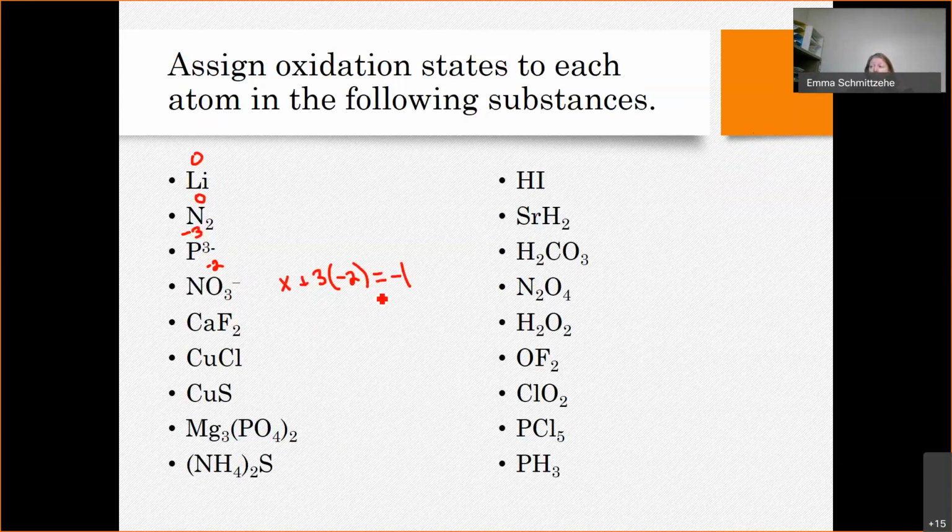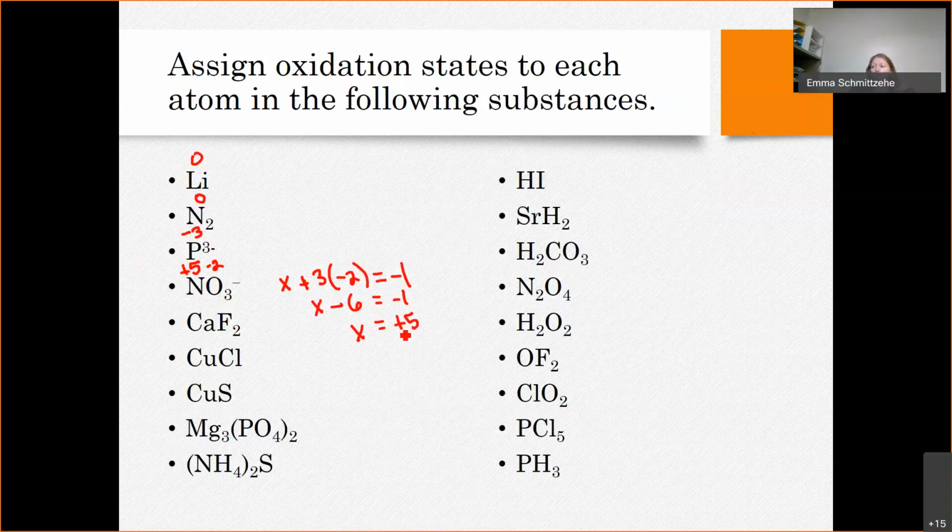So you can set this up like an equation, right? Some value that I'm looking for, x, plus 3 times -2, because that's those 3 oxygens, that sum needs to equal -1 because that's the overall charge. So that would be x minus 6 equals -1. And so that would be x equals +5 if I add the 6 over. And so my nitrogen here must be +5. And now you don't have to write out that equation to figure that out,